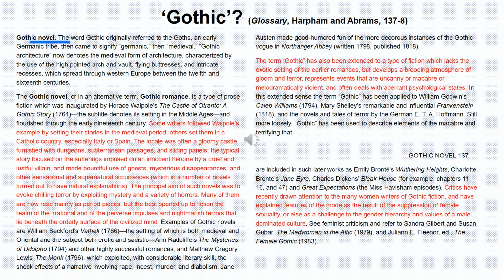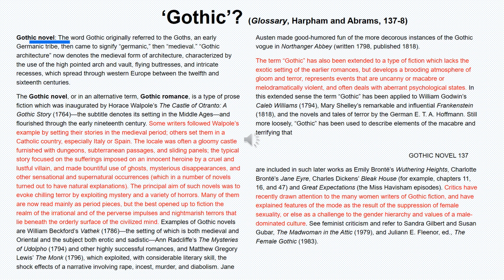Many of them are now read mainly as period pieces. You could say that's what we're doing, but I don't call something a period piece, which means it's a piece only of interest to people who are interested in that period, in this case, Victorian. I don't call a piece a period piece when you find movie after movie after movie in the 21st century being made about these things. For example, this most recent film by Elordi, if I'm pronouncing the name correctly, Frankenstein, right,